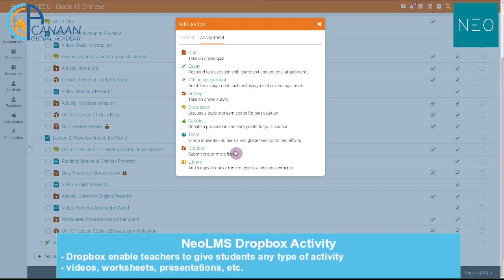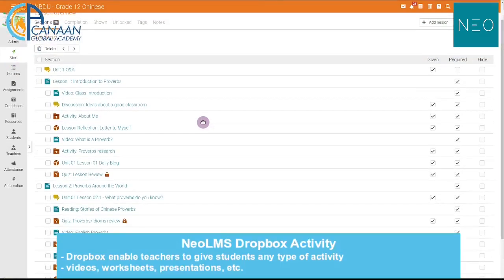One of the assignments we want to highlight is the Dropbox. The Dropbox enables teachers to give students any type of activity. That is because the Dropbox accepts any types of files, including videos, worksheets, presentations, etc. In this unit,